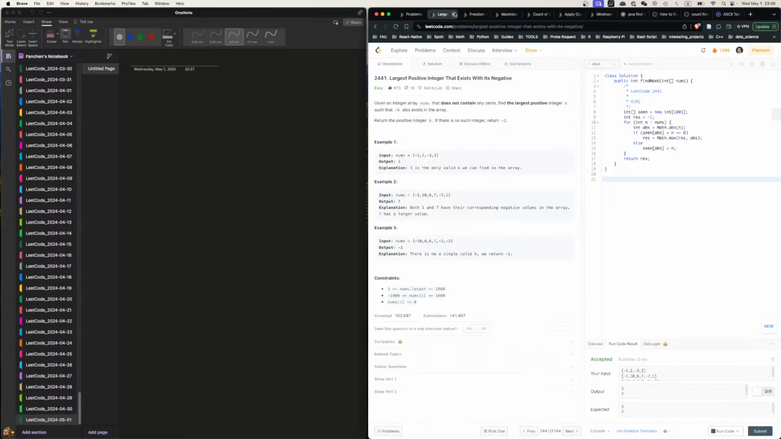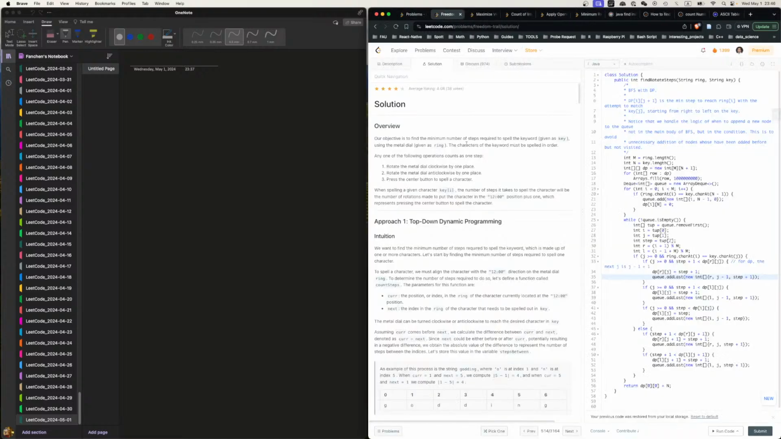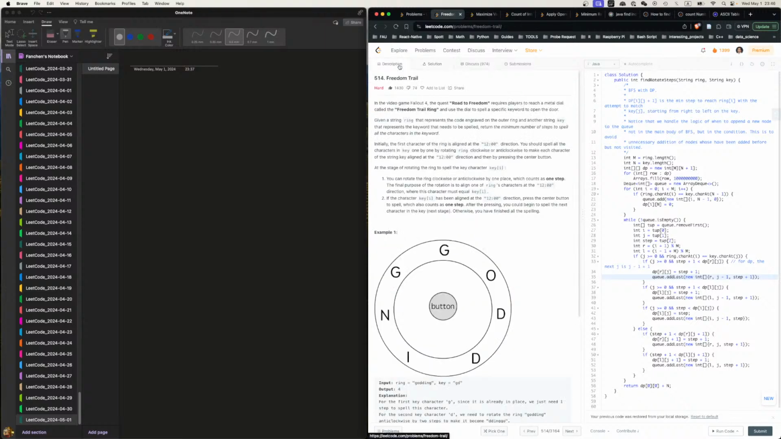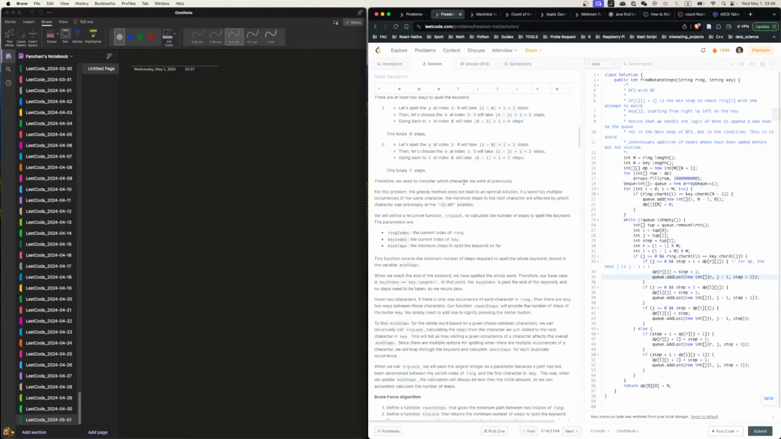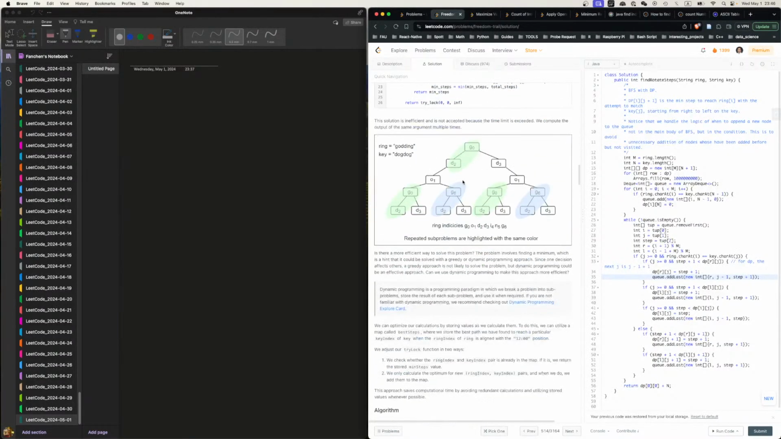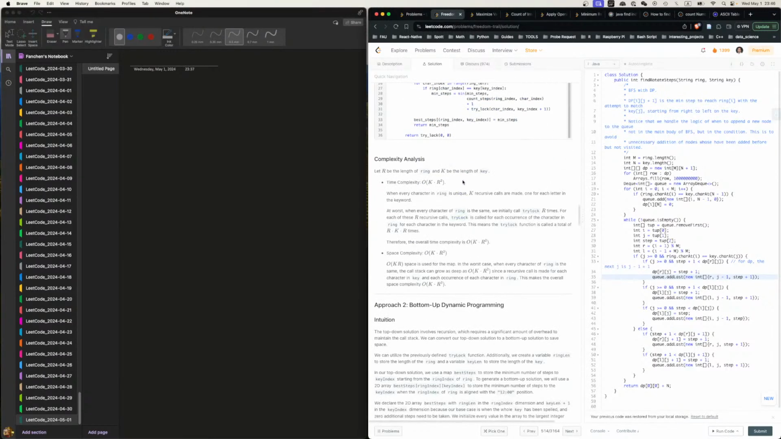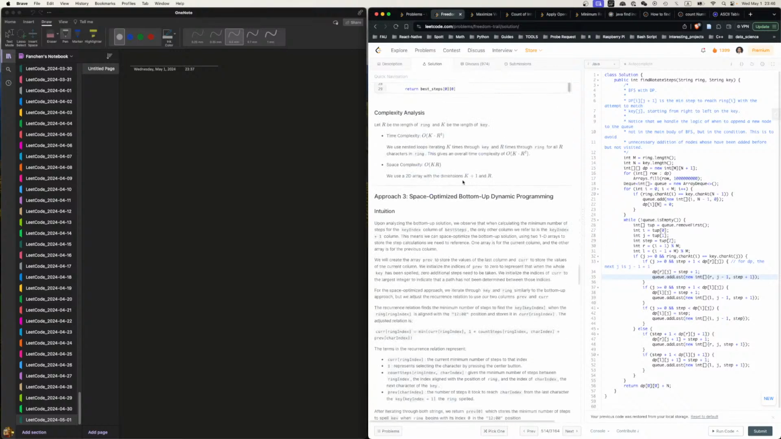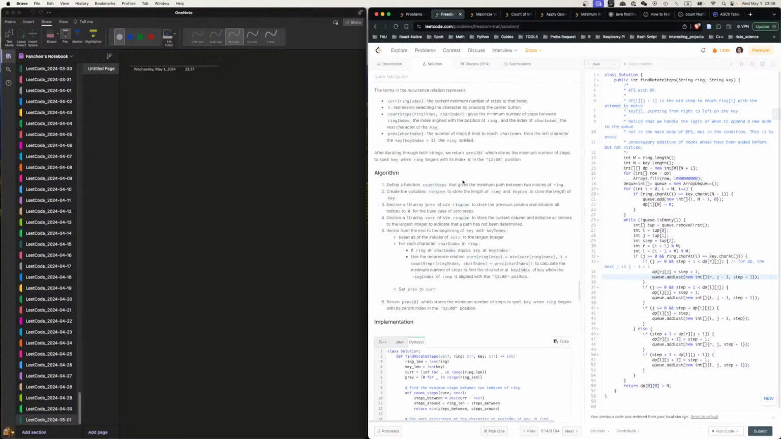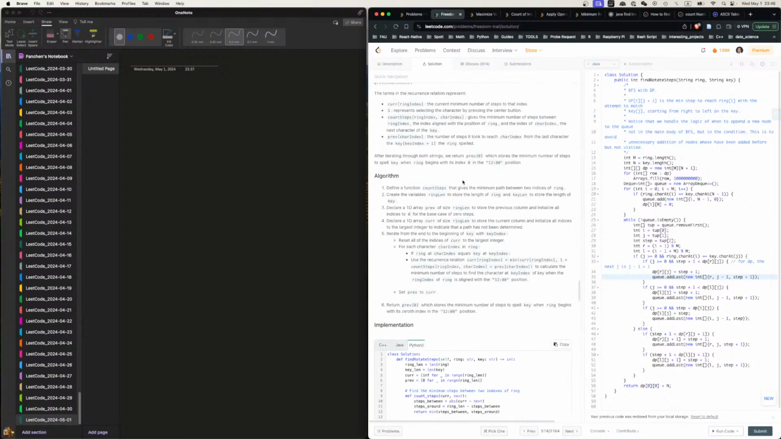Alright, anyway, we're doing this. Next we're gonna do Freedom Trail. I used the DP plus that. Alright, let's just go through it real quick. Oh, we have two DP solutions. I remember we have a DP solution and we have